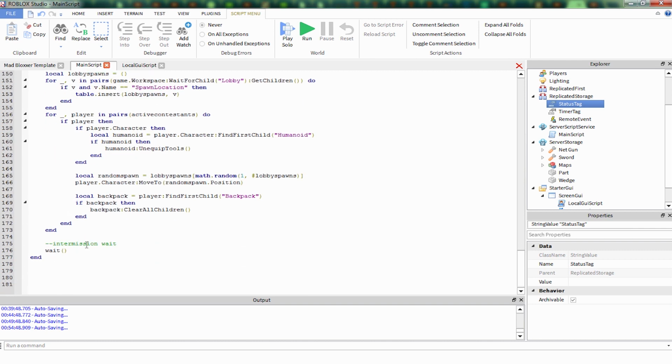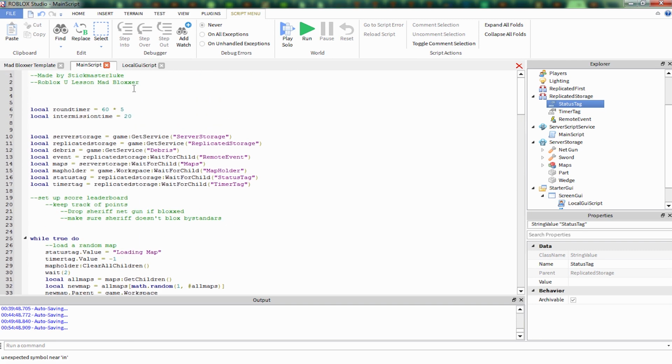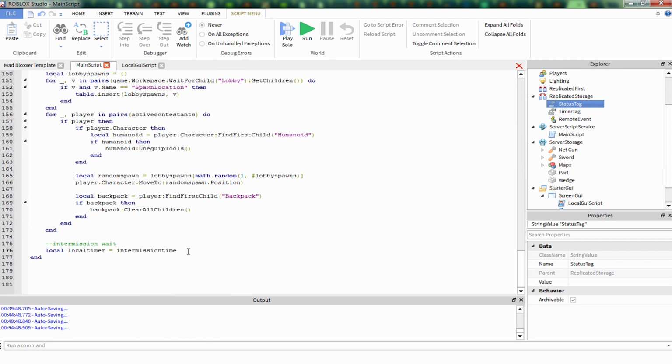And then we're also going to want to make the intermission wait. Oh, we never even filled in this wait with how long the intermission was. That's okay. Let's do the same thing as we did up there. So local timer equals intermission timer. Intermission timer, I think we defined a long time ago. Intermission time. Okay, it's a little bit confusing. I'll use an R here, but just time here. Anyways, intermission time equals 20. So we're setting that to 20 while